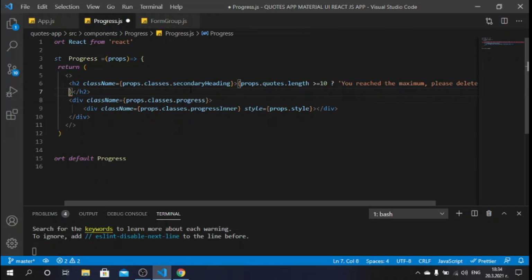Else, what we want to say is total quotes